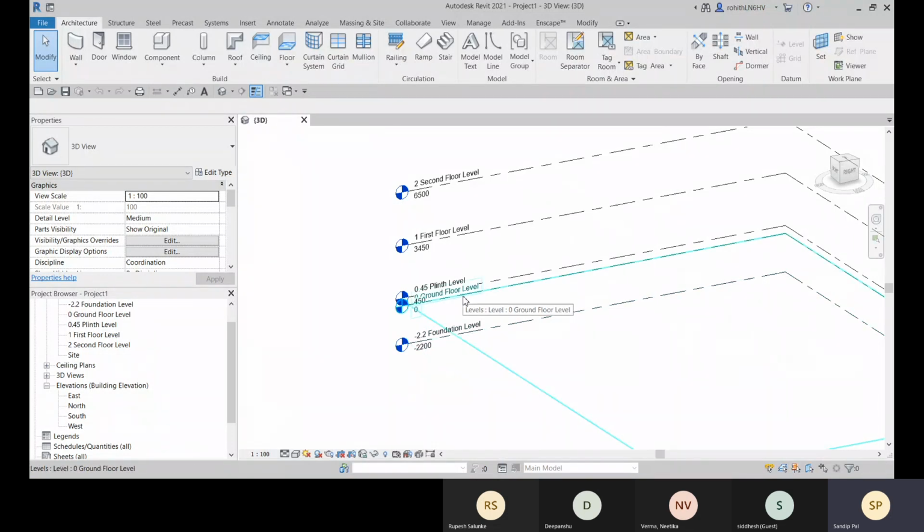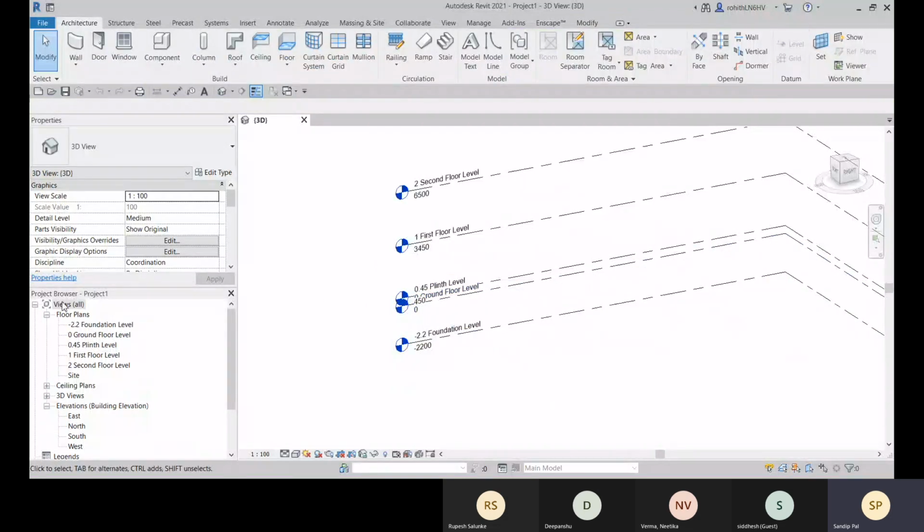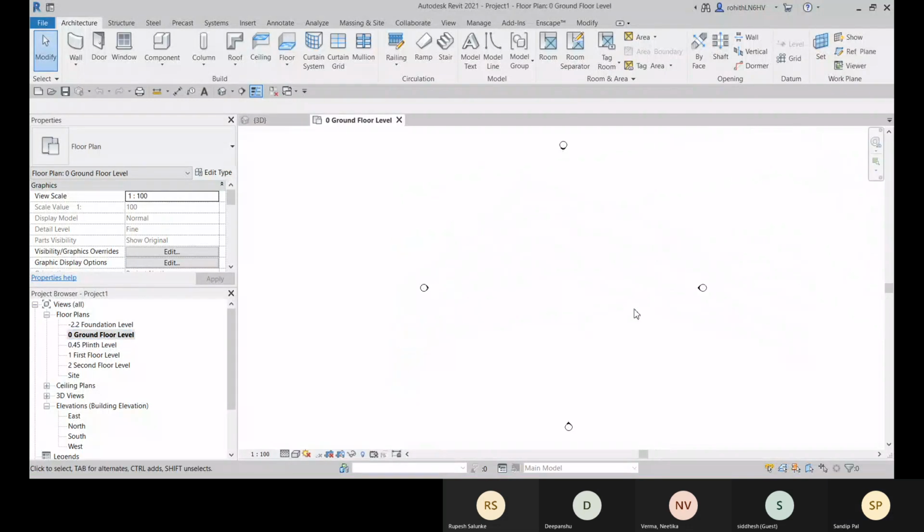OK. And then what I can do, I can go to that foundation level or the ground floor plan. So go to the ground floor level. From this floor plan, go to this ground floor level. So here we can start placing our grids for the layout. If you have any CAD files, if you already have created any CAD file, so that also you can insert here. So you can insert like the survey data files, and if you have any topo surface, so that also you can insert.